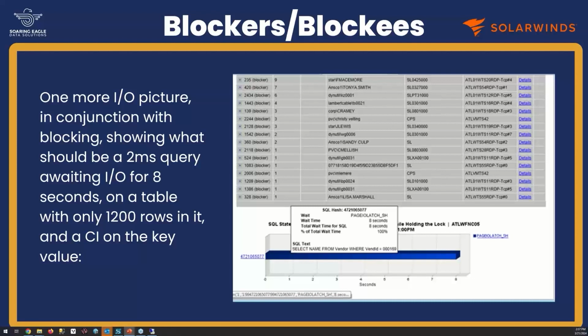Readers will not block other readers. But if someone is writing data, maybe they're doing an update statement or an insert or a delete, any page that they have as a part of their transaction blocks everyone else. And so if that person isn't quick about completing their transaction, especially if the developers have written their